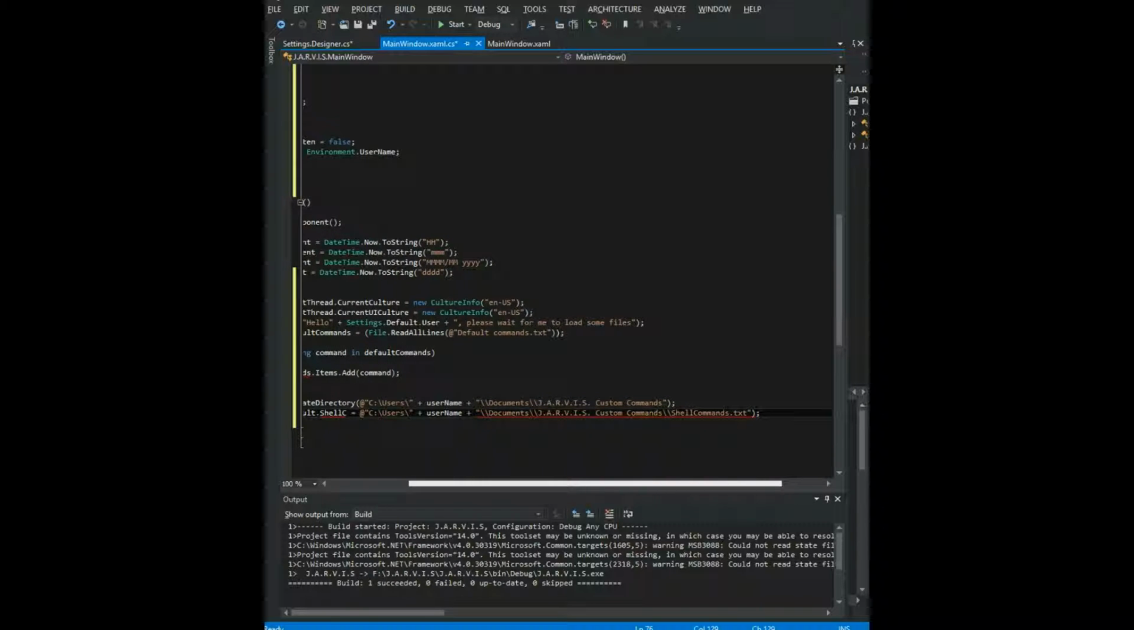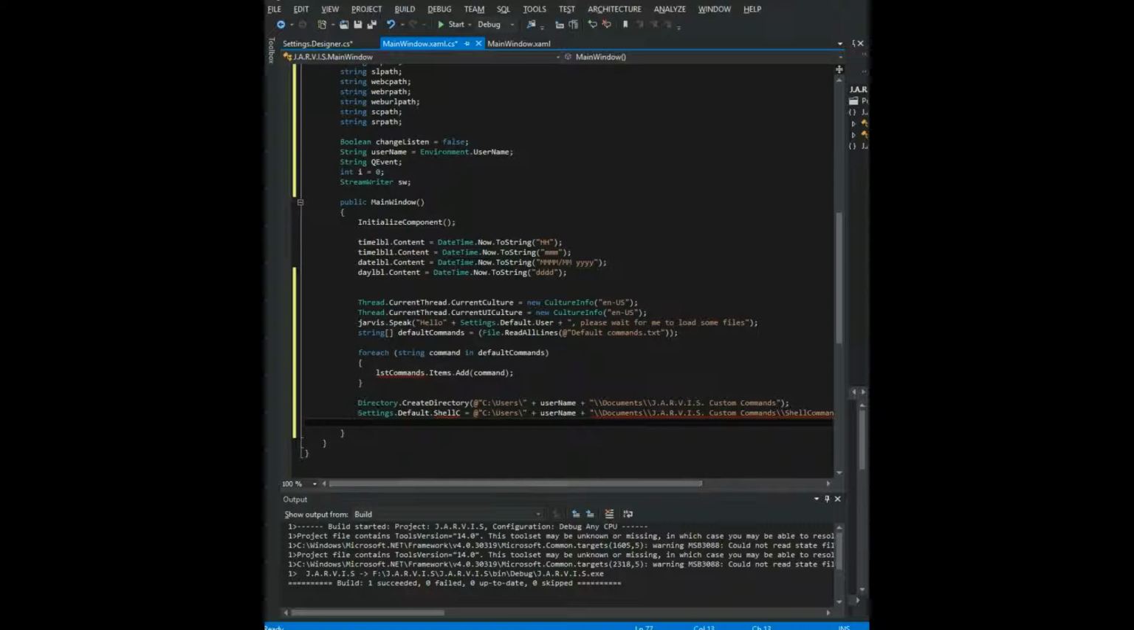Alright, so it's everything there. J.A.R.V.I.S custom commands, perfect, shell commands dot txt. We're going to fix these errors, don't worry, let's just write these first so you don't get actual problems later on. So C slash users, I'm guessing that's it. Yeah, that's it. Plus username plus, sorry. Documents, custom commands, just go shell